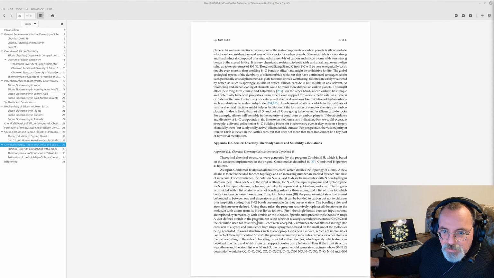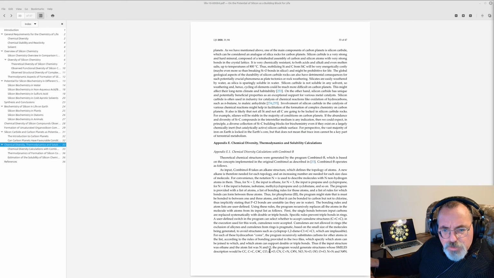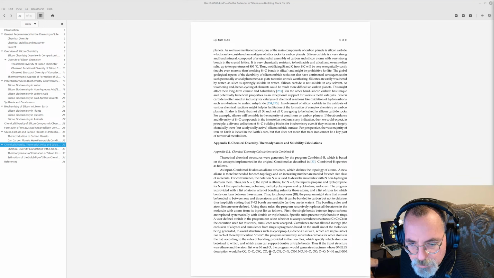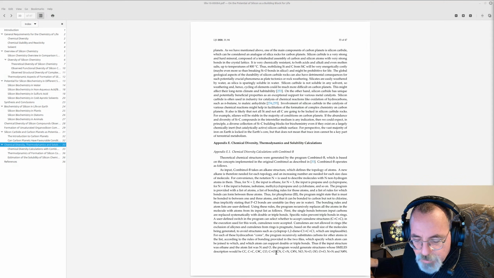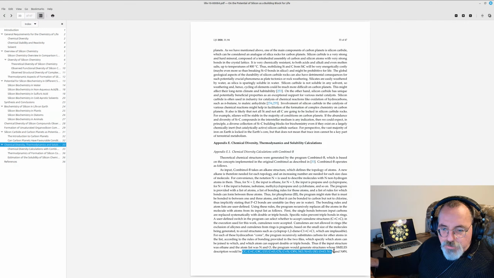It's obviously an acronym. The program would generate structures whose SMILES description would be carbon-carbon, carbon double bond carbon, carbon triple bond carbon, carbon monoxide, carbon double bond oxygen, carbon nitrogen, and so on. Okay, I don't know what the current nomenclature is for that, but yeah, I'll leave you to read it. I really don't know how to narrate that properly, assuming I've gotten anything vaguely right so far.